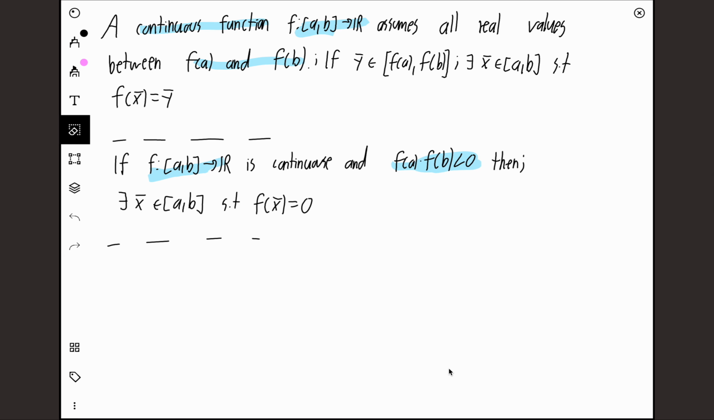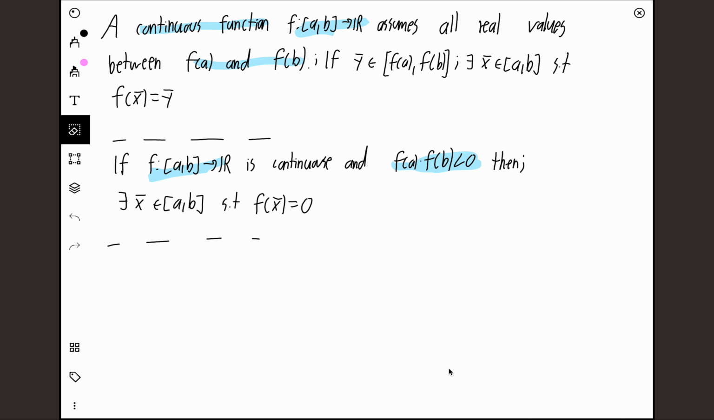Hello guys. So today we are going to be proving the intermediate value theorem, or I think it's also called Bolzano's theorem. And that's a theorem in real analysis, and it's a pretty important one. It basically states that a continuous function from [a, b] to R assumes all real values between f of a and